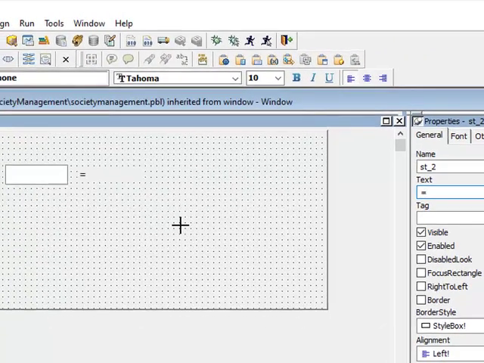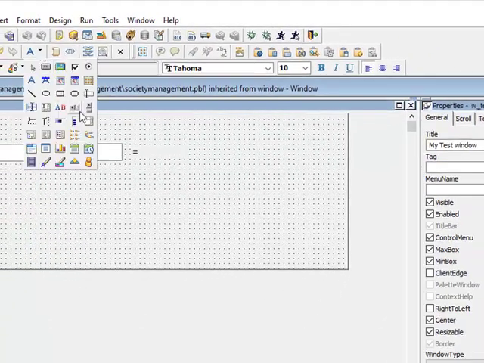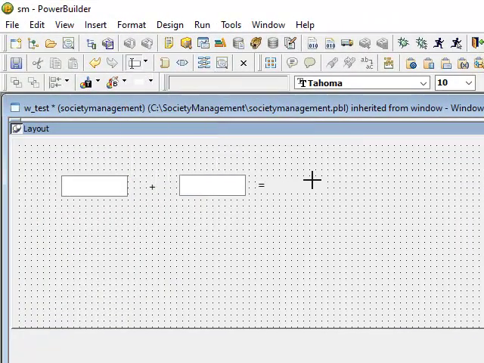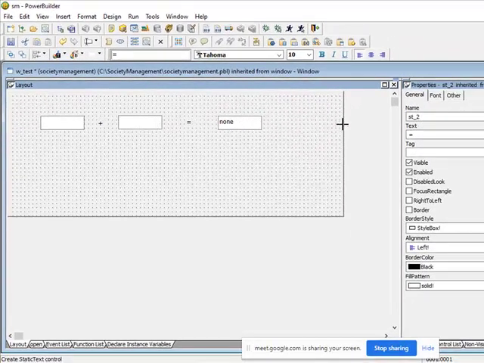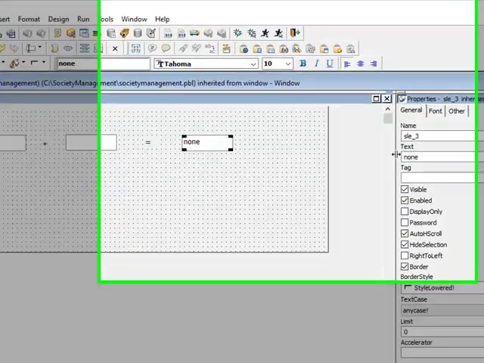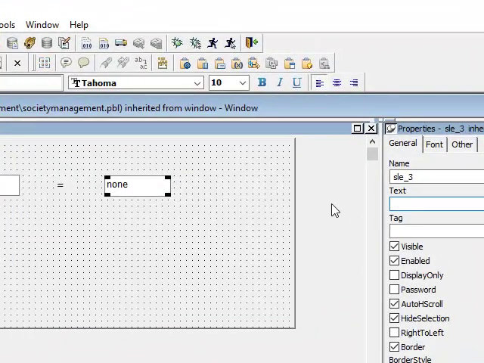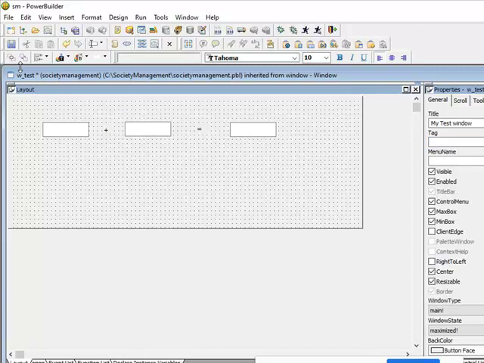Fine. And I want my output in this box. Let me remove the text of this one as well. Perfect.